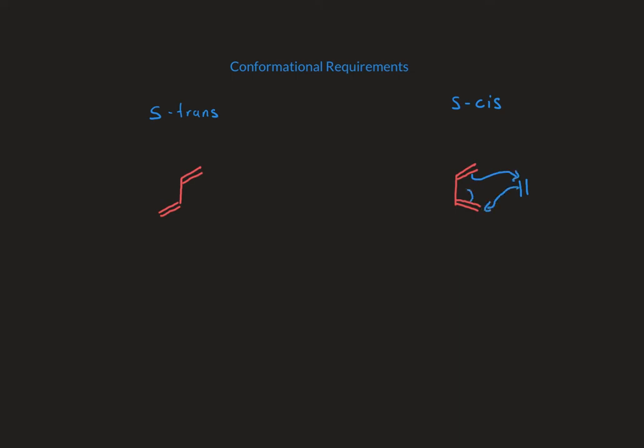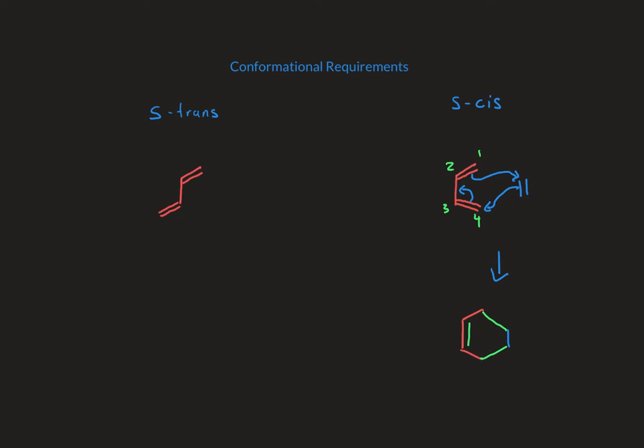And if it's not in the S-cis conformation, carbons 1 and 4 aren't close enough to one another to undergo this reaction. And so we get a product that looks like this,